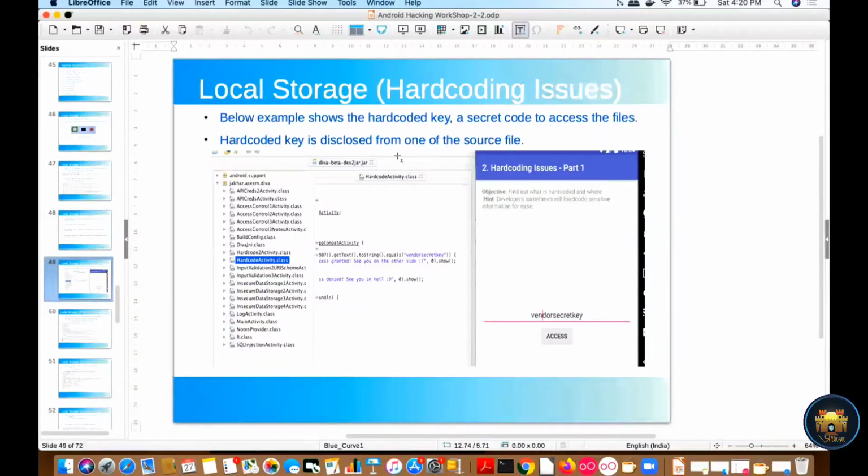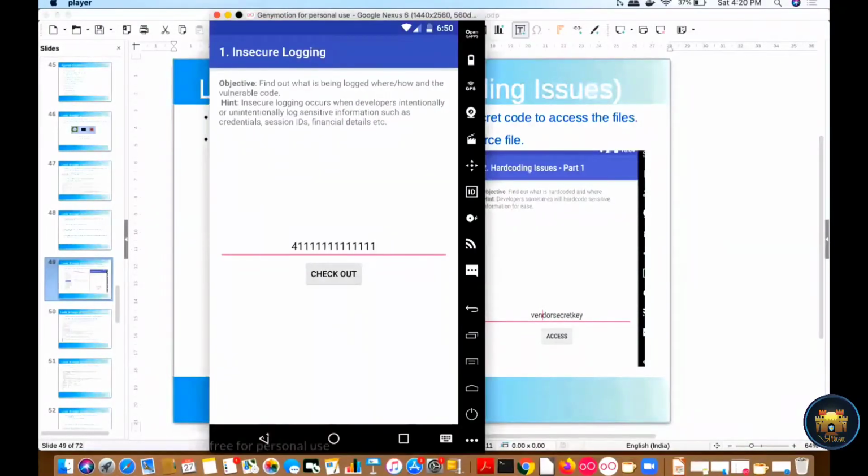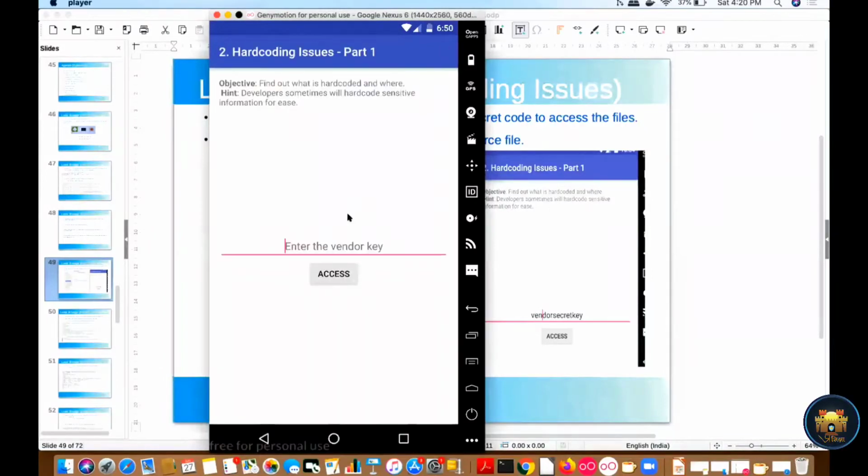So in this particular example, if I check, one hard coded key is stored, right? So our task is to find out the secret key and access the files. So let me open the application and check the hard coding issue part one, right?